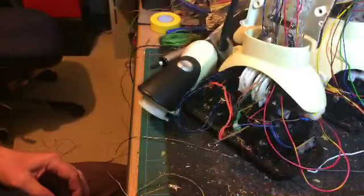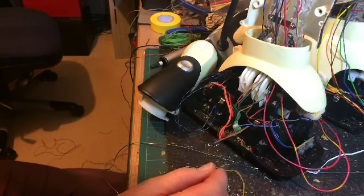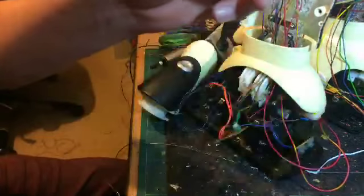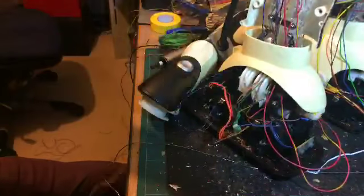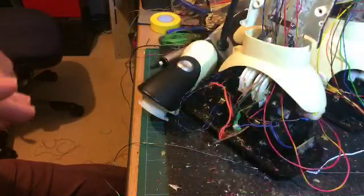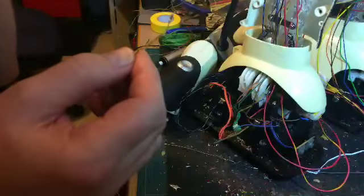I can spin that over and I can just heat that bit up and pull out the wire. Okay, so the wire's out. So now what I need to do is to measure up a length of wire and re-solder that in place. What I'm going to do with this end is the same as I did previously,